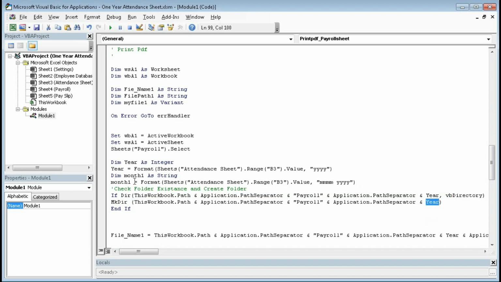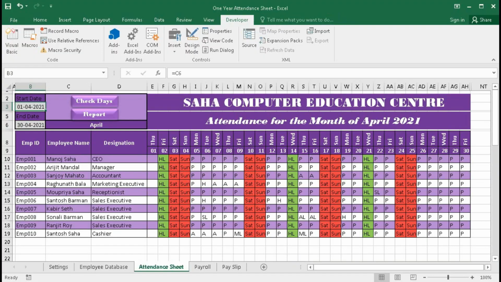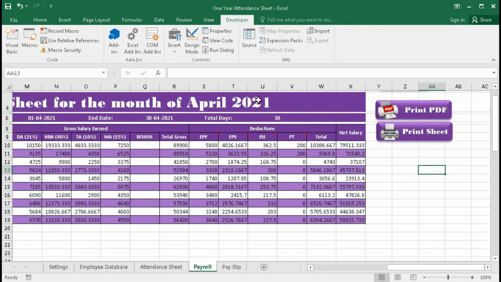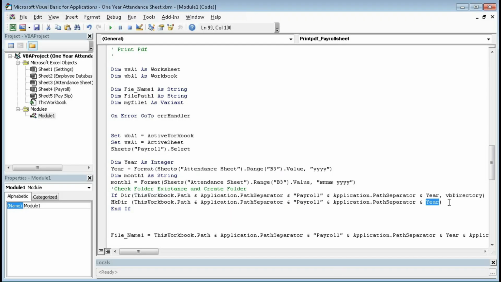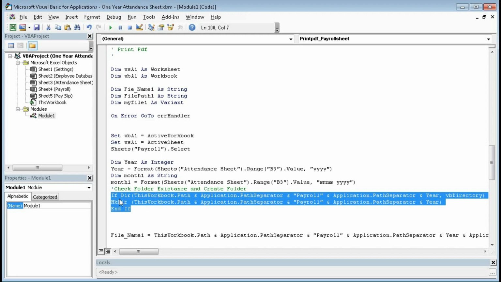Here year is, you can see YYYY, that means it will create a folder. Suppose you can see here in payroll our year is 2021, then it will create a folder for 2021. So with this code it will check if this folder exists or not. If this folder doesn't exist, then it will create the folder as year of the payroll sheet.